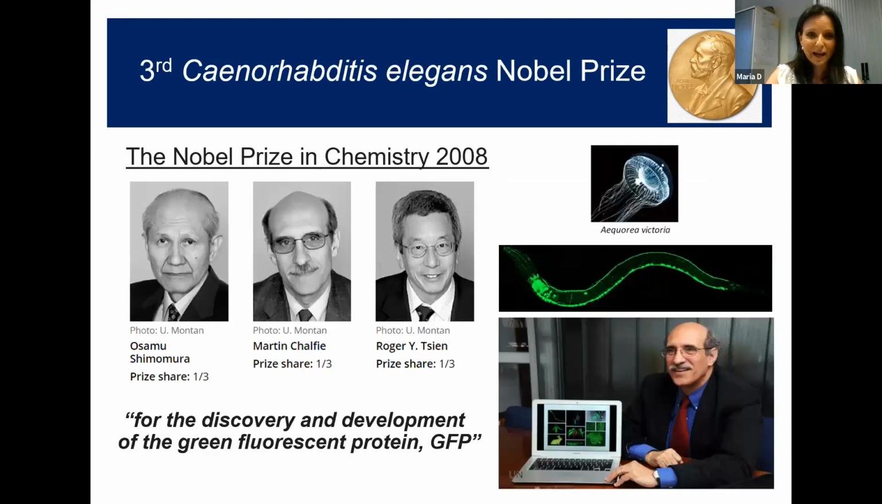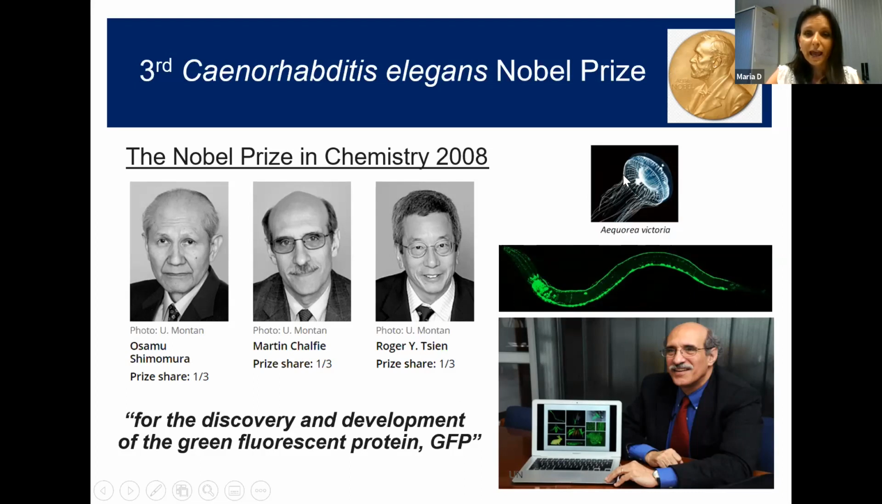And lastly, back in 2008, and this is the time when I started working on SMA and starting to learn the C. elegans SMA model, Martin Chalfie, that you can see in the middle here, is a C. elegans scientist, together with the other 2 scientists that I mentioned here. They got the Nobel Prize because they discovered the green fluorescent protein, or GFP. This is basically a protein that was originally isolated from